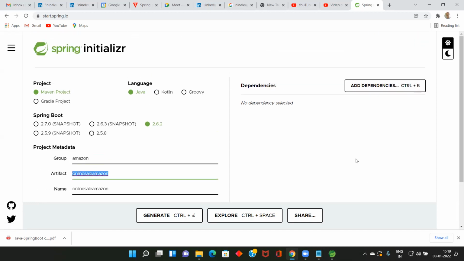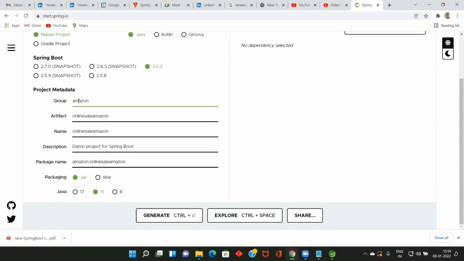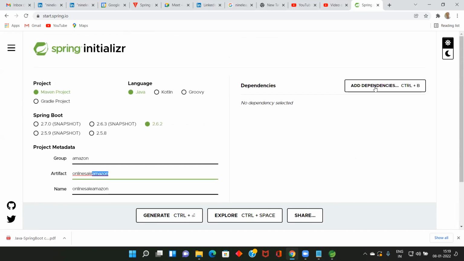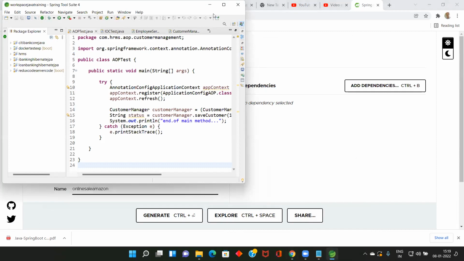So here, can you all come here? You entered only two names, this and this. See, add a dependency. When we use Maven, we add dependencies, right? What are the dependencies we added? Like a driver file. Then Hibernate related files. When we used Spring MVC, we added a lot of dependencies.